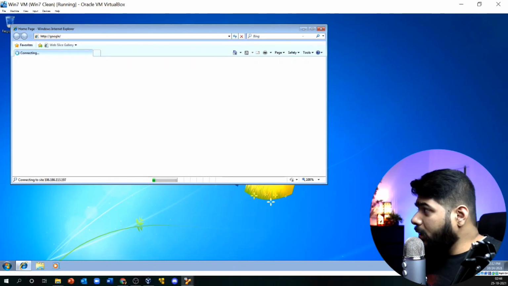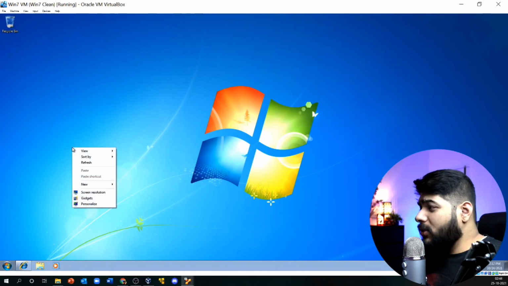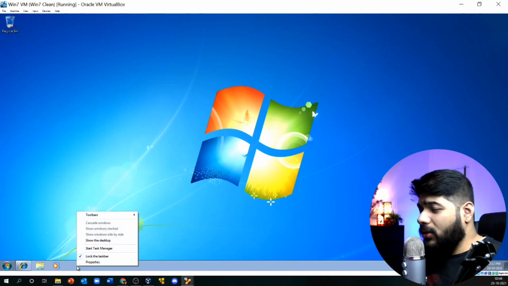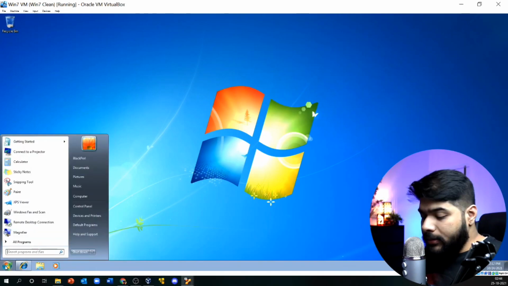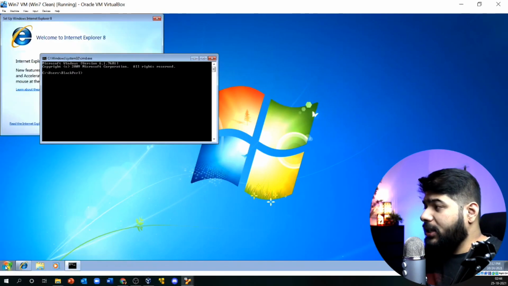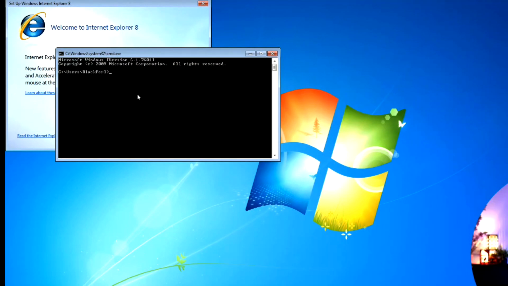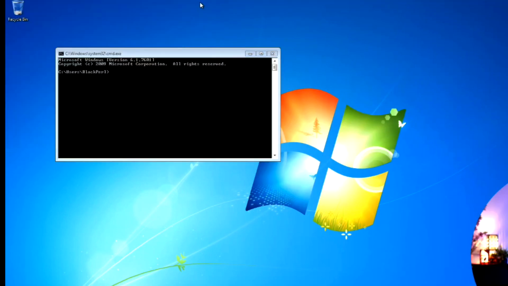As I told you, we might need to install packages and the tools that we particularly need on this machine to call it a sandbox or malware analysis machine. So what exactly do we need to do now?